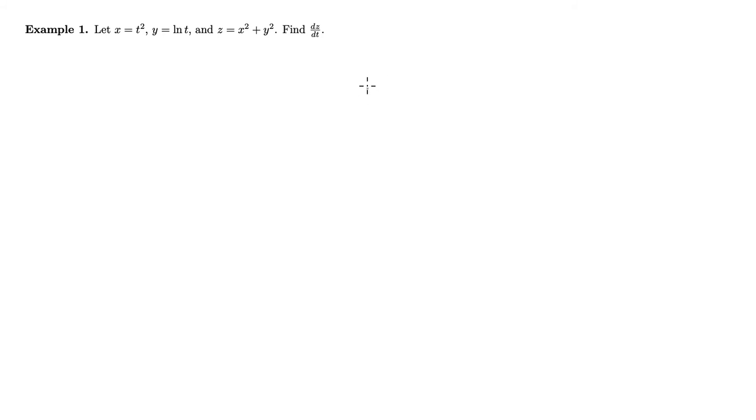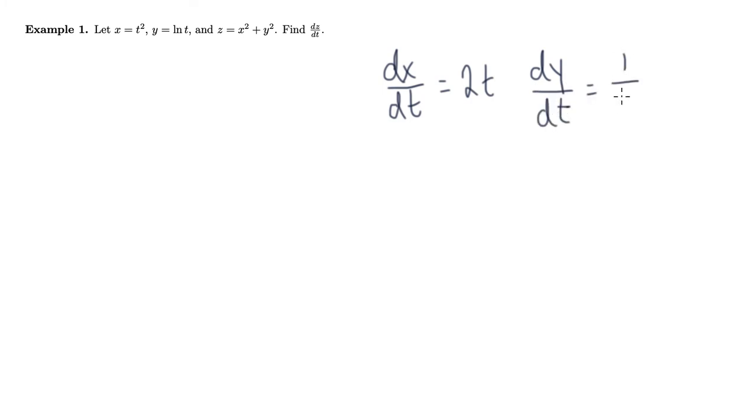All right, so here we have a perfect setup for the multivariable chain rule. So we want to know dz/dt. But first, let's just note that dx/dt is equal to 2t, dy/dt is equal to 1 over t. Okay, so then dz/dt